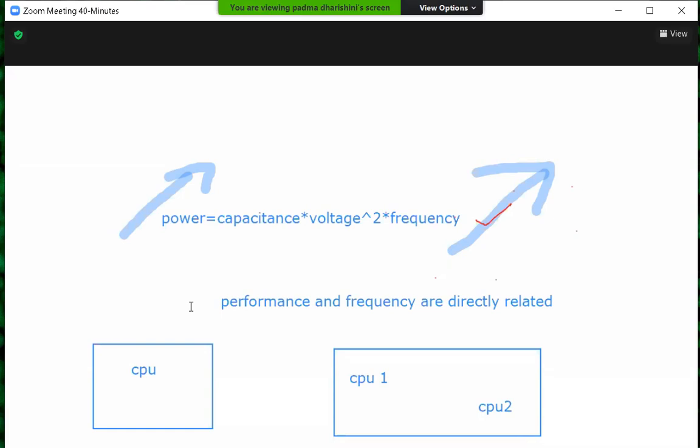Okay, and why people are using multi-core processors is, first point is low power consumption. Okay, we can confidently say that multi-core processors take less power when compared to the single core processor. Point 2 is we are getting high performance because more processors are working. In a duo core, two processors are working. In a quad core, four processors are working. In octa-core, 8 processors are working. So with more processors working, we'll get better performance.